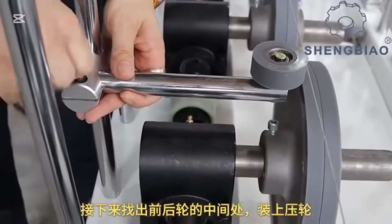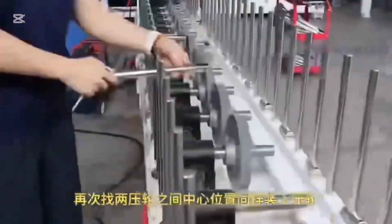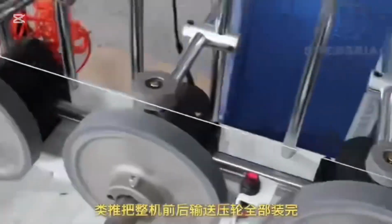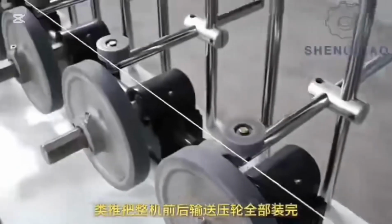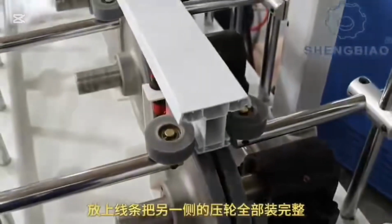Step 5. Install intermediate pressure wheels. Find the midpoint between the front and the rear wheels and install a pressure wheel. Then find the midpoints between the newly installed